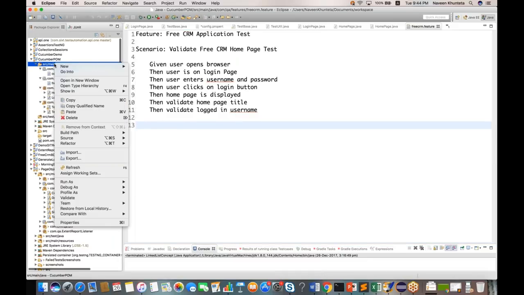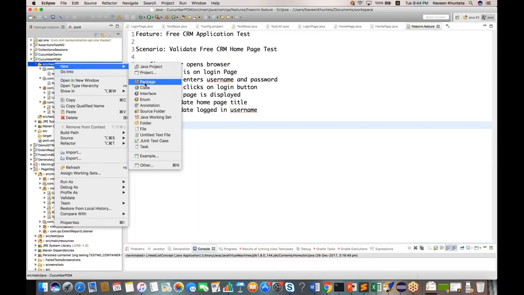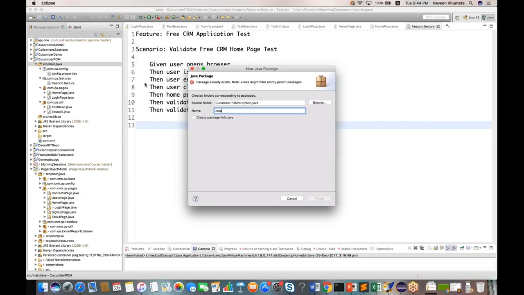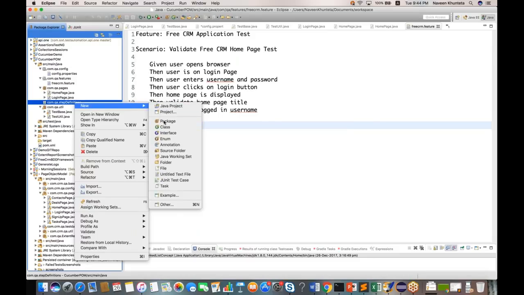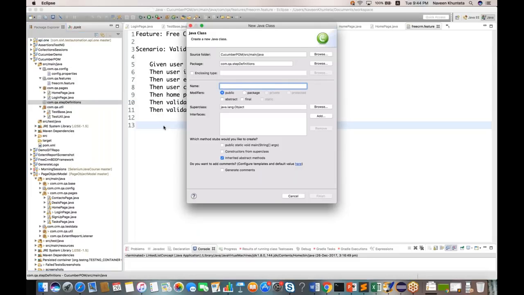Now I'll create my step definition. So create a package for step definition, com.qa.stepdefinitions. Click on finish. Let's see my step definition. I'll be creating a class. My class name is, let's see, homepage steps. Okay,